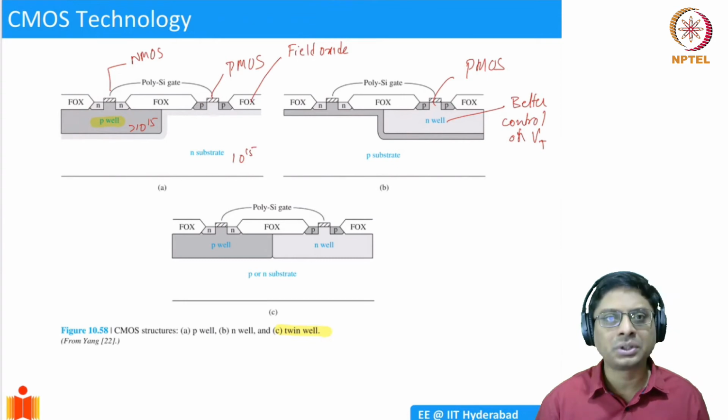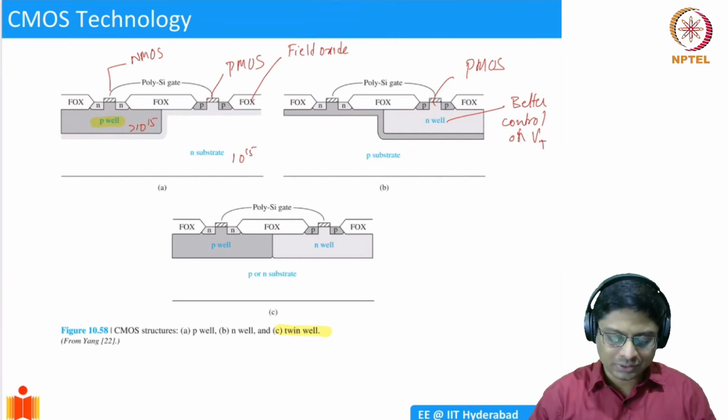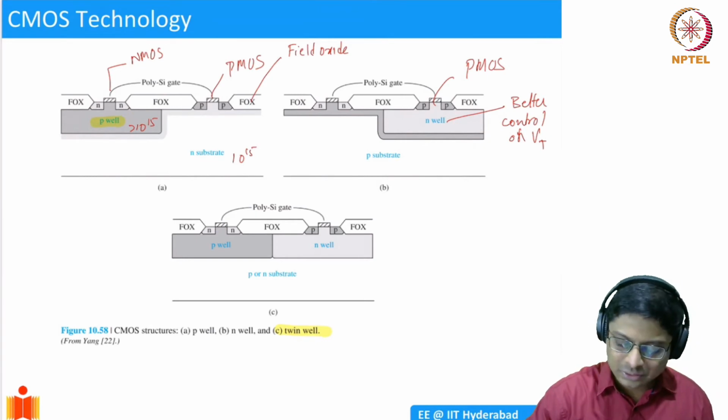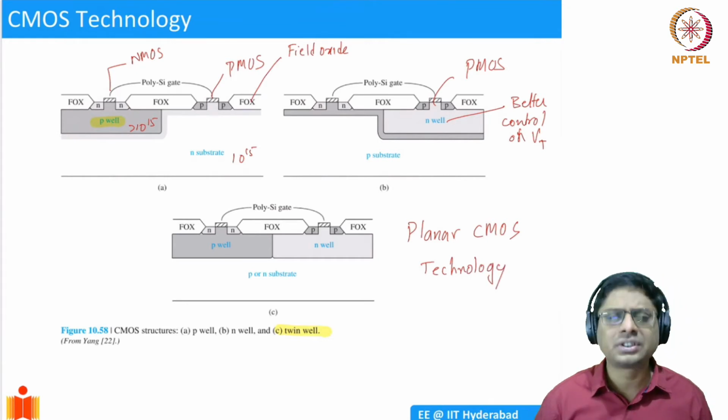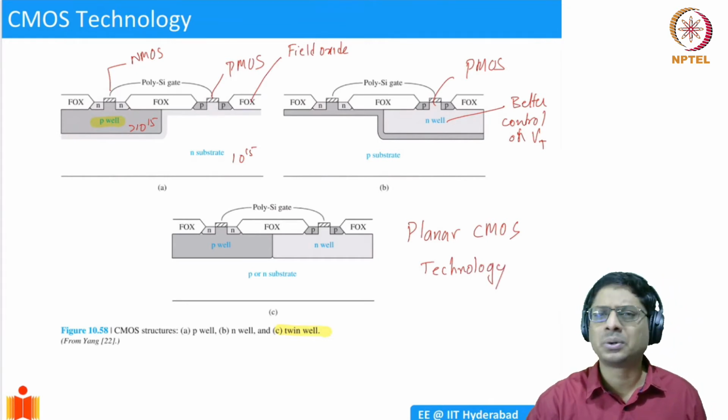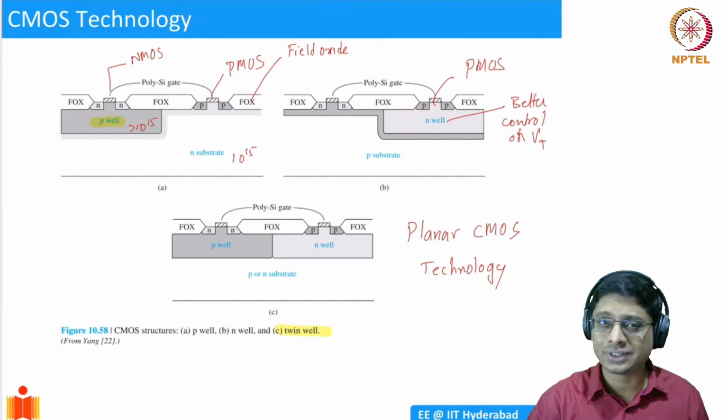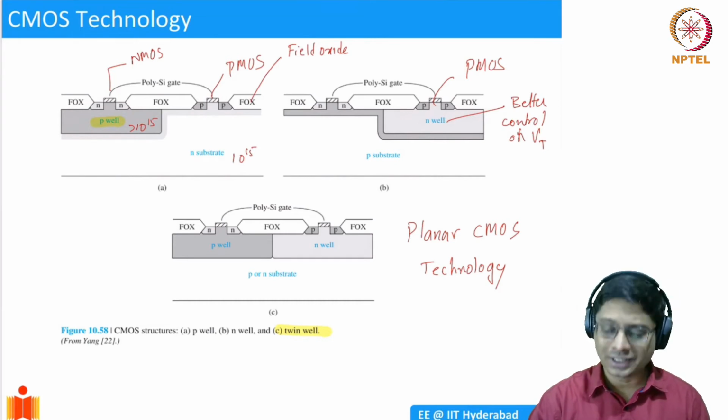So here we are only showing two transistors, but I can repeat it billions of times to create billions of transistors on the same chip. Okay. So that is how this entire process is known as planar technology, or I'll call it planar CMOS technology. Okay. This is the most dominant form, which was used up to about 2011 or so, just 9 or 10 years back. Okay. Till then, we were using this.